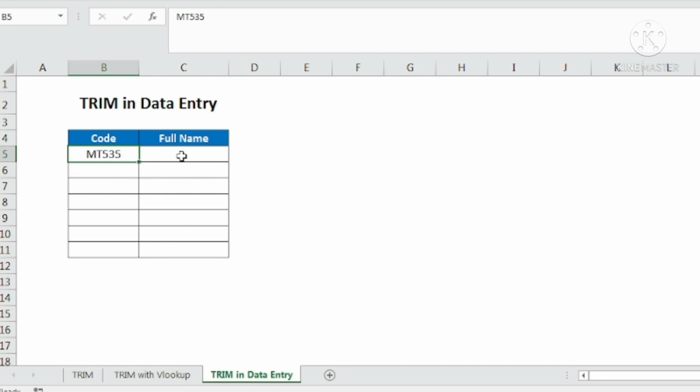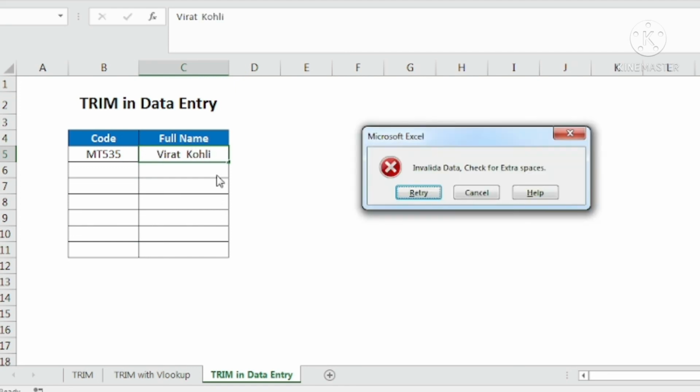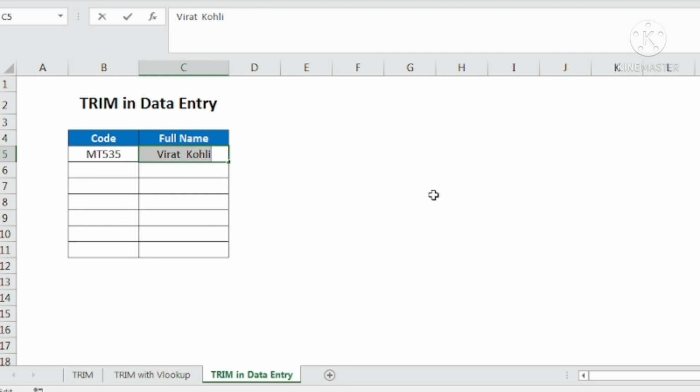I will cancel this, and I will put the name over here. So Virat Kohli, and then I will put two spaces between the two names. I put the two spaces. You can see here again it is giving me the error, so I need to put the correct data here before I go ahead.